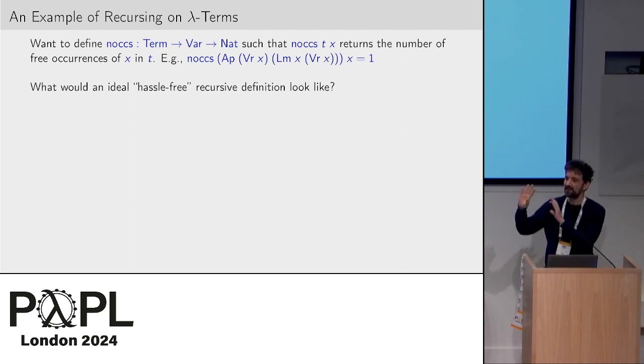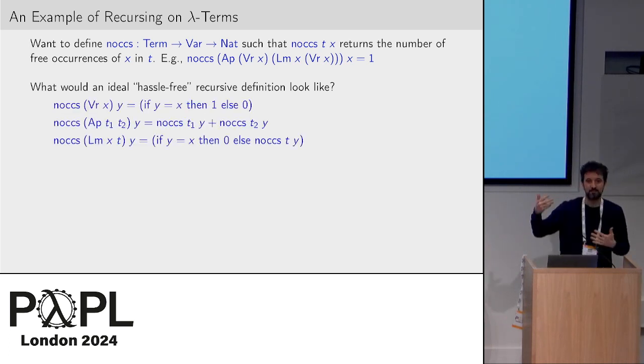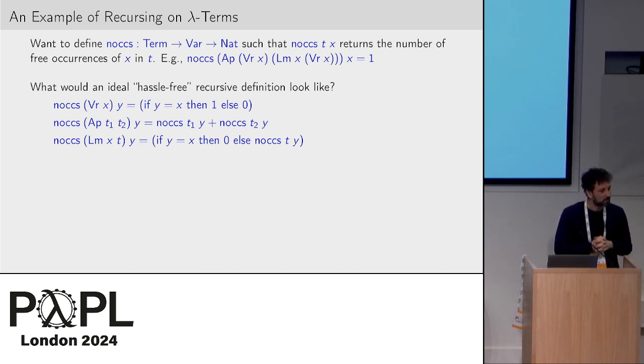So how would we define this in an ideal world, in which, incidentally, we don't live? Please take 3 seconds of my talk to think about how you would define this. Well, we would write the expected recursive clauses, right? So we just want to traverse the terms recursively, and we show essentially how our function interacts with the constructors. In particular, in the lambda case, we're going to see if our variable is exactly the abstracted variable, and if this is the case, then there's no occurrence, so the number of occurrences is 0. Otherwise, we just export all the occurrences.